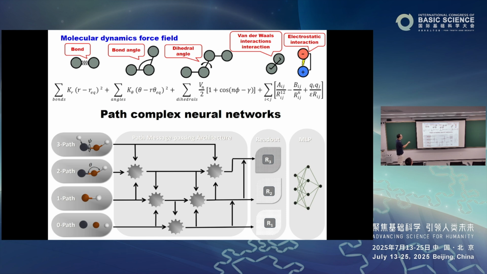Similarly, you have the dihedral term, and then this one, the van der Waals interaction and the electrostatic interaction. So that's the building block for people to build up to study the dynamics of the molecular structure. So here, what we do is that we say, okay, I can choose a certain path, one path in the structure, and this one path is mimicking this bond interaction, and then some of the van der Waals interaction and the electrostatic